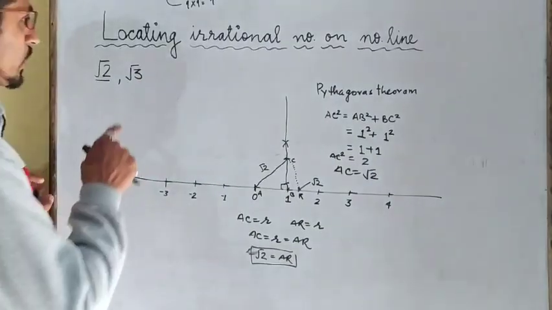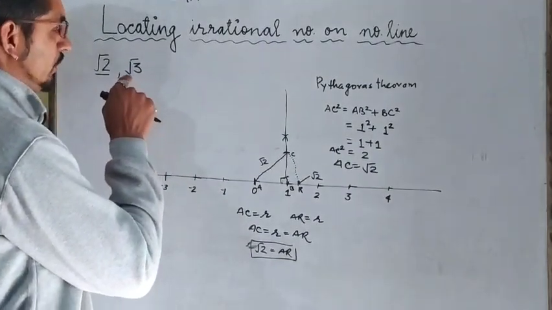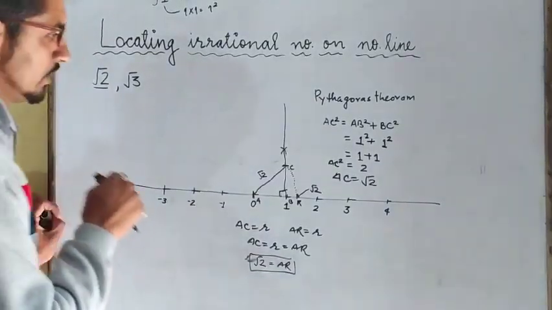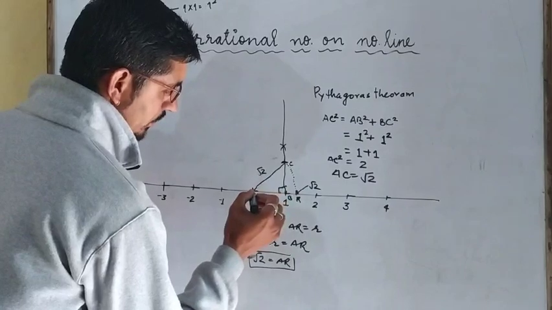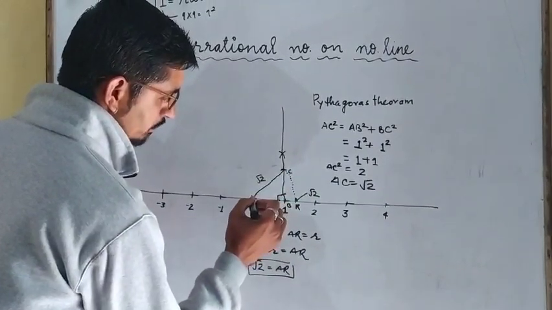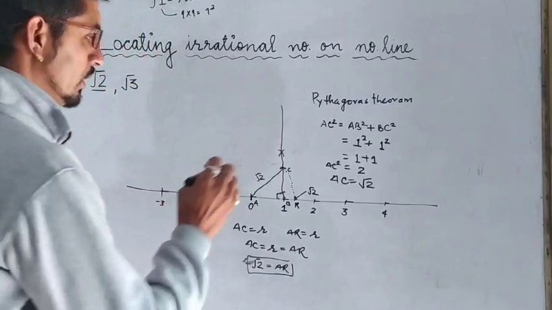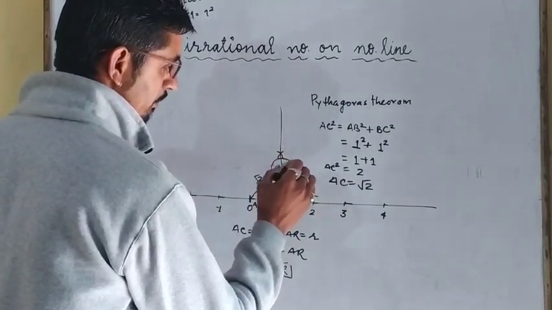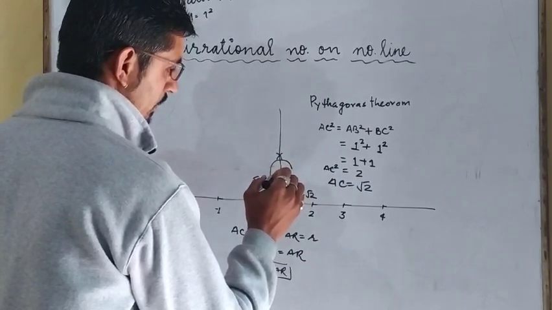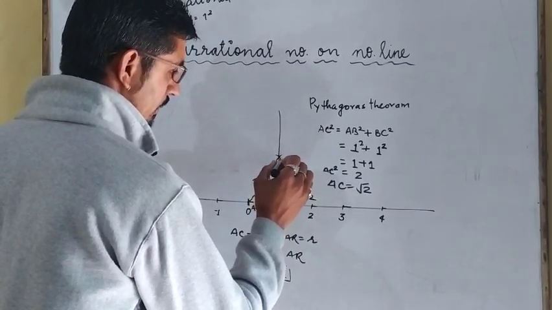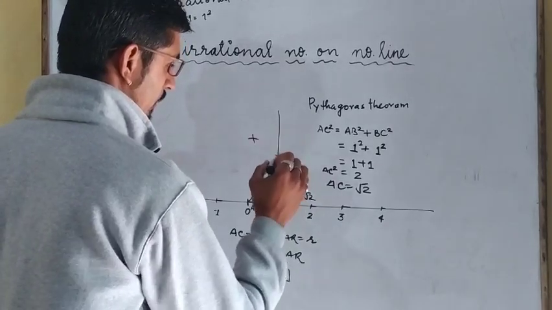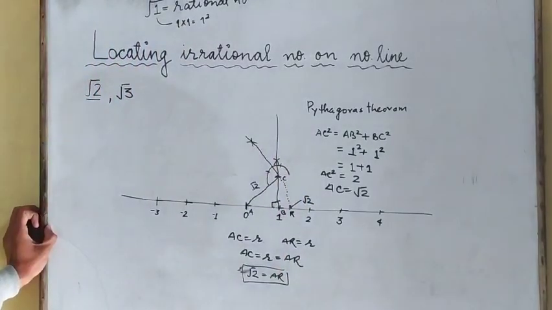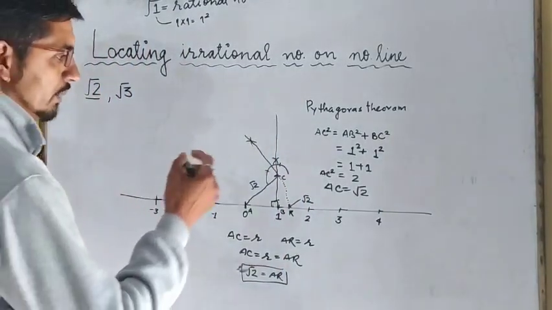Okay. Now root 3 we will find on this figure itself. Okay. Now how to find root 3? Now draw a perpendicular on AC. AC को perpendicular drawn करेंगे. Same method you will apply. You will make a semicircle with the help of a compass. Then this will be 60. Then this will be known as perpendicular to AC. After that, same procedure you will apply.